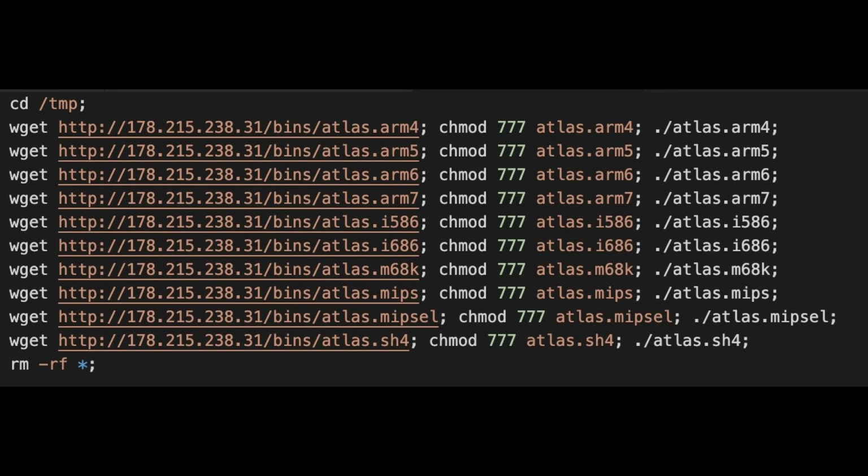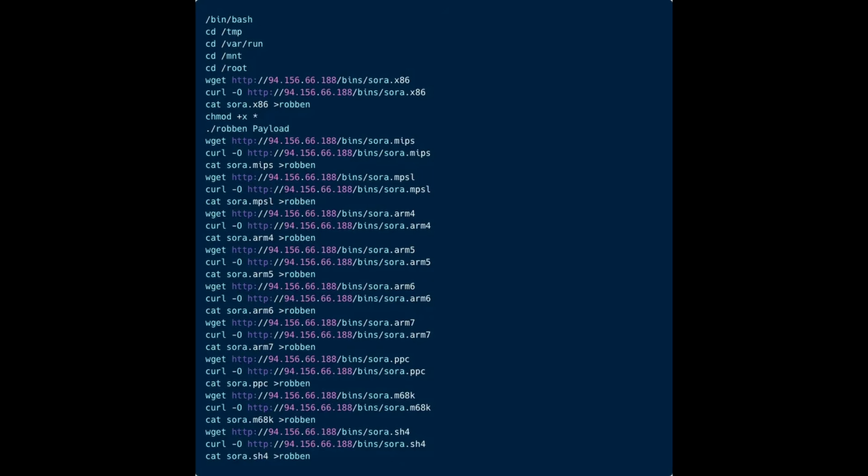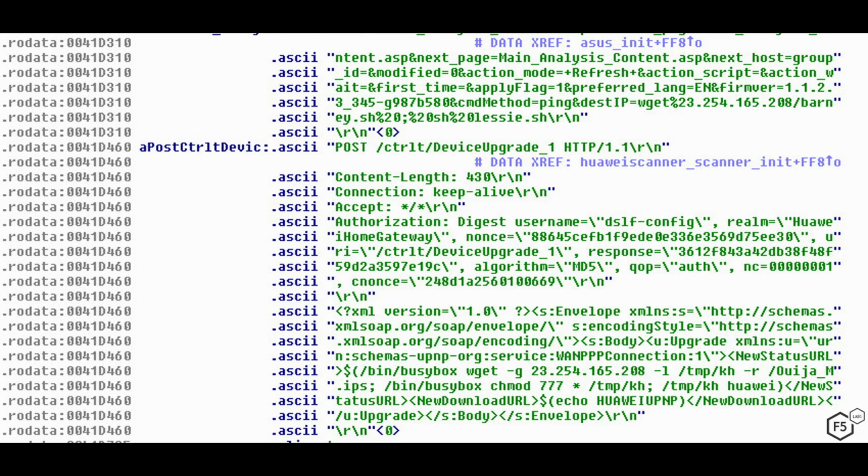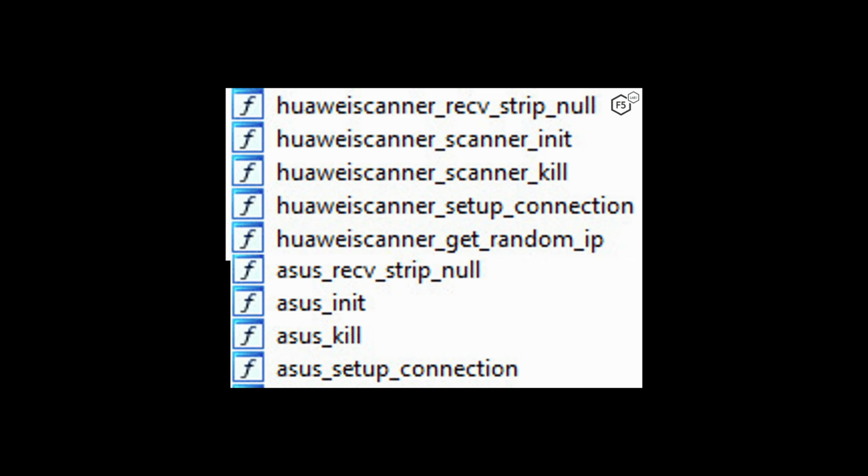Like Mirai, infected devices were used to launch large-scale DDoS attacks, primarily using UDP floods, TCP floods, and HTTP-based requests, which allowed attackers to generate significant traffic from a distributed network of compromised devices. Gafgyt also included basic remote control features, which allowed operators to execute shell commands on infected systems, update the malware, or direct attacks in real time.